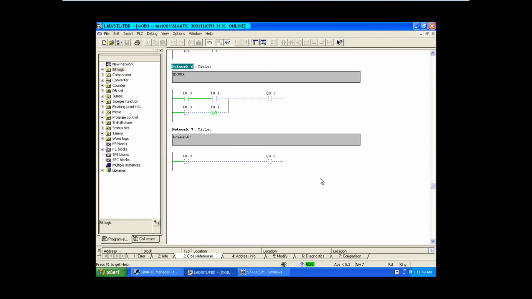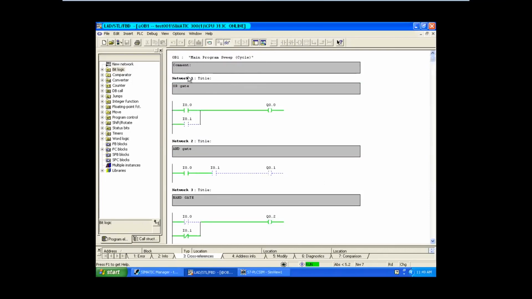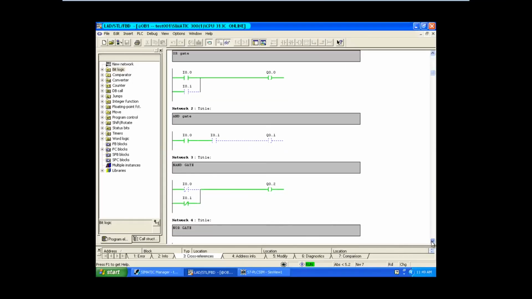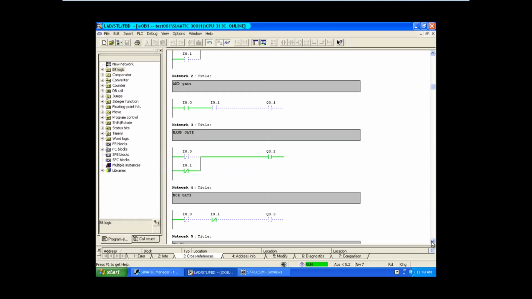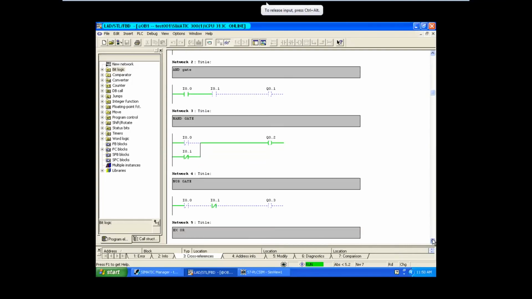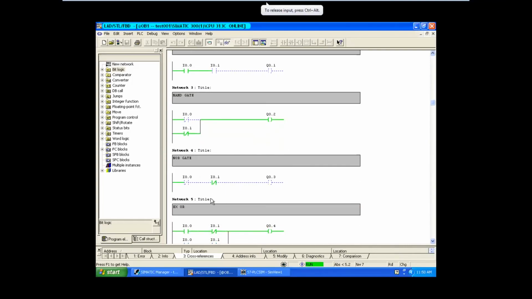Got it? So this is how we need to perform the logic gates. So this is OR, where if any one is on, output is on. AND gate, both need to be on to turn on the output. NOR gate and NAND gate are just opposite to OR and AND. See here, any one is on, output is on. But see here, it is like a condition, right? So 0, 0, 0. That's why I have preferred normally closed contacts. Here also 0, 0, 0. That's why I have preferred the normally closed contacts.